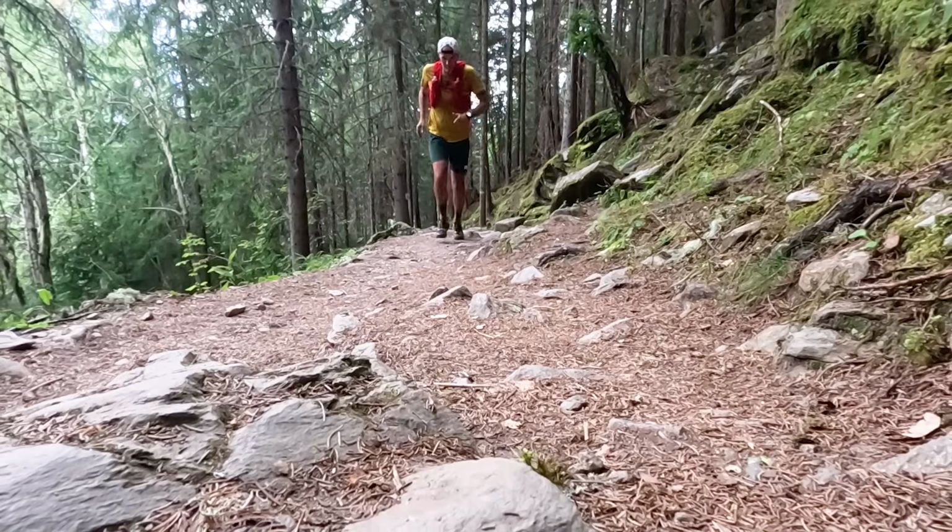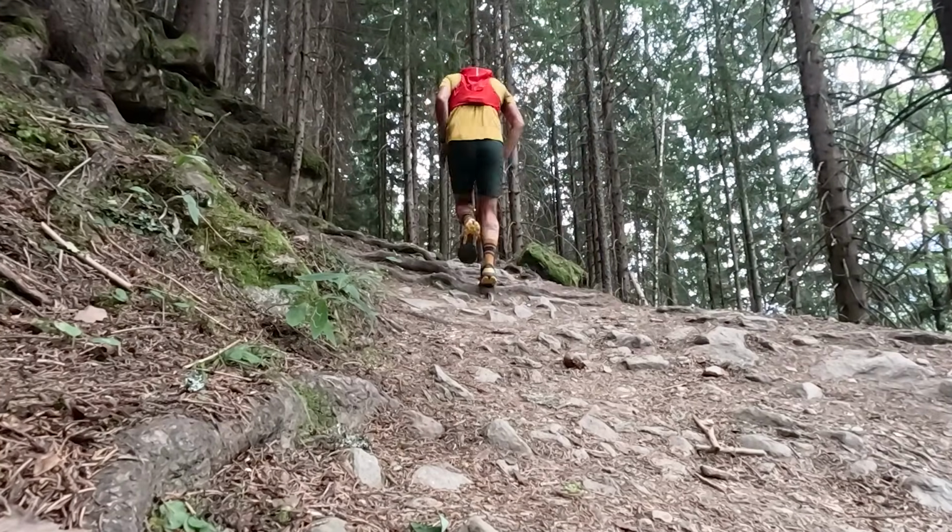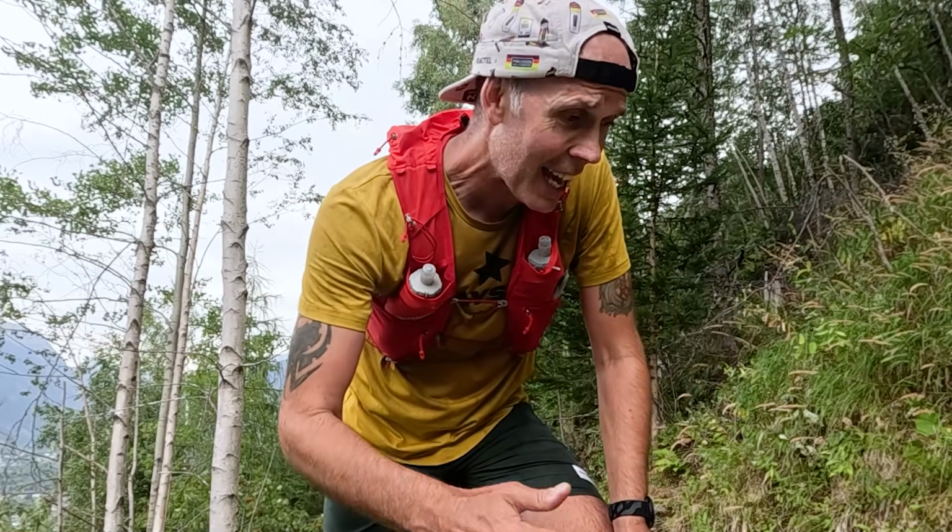Okay, so we're 2.5 miles out from the campsite. We're obviously still going uphill. So we've just popped out of the tree line, and it was forecasted, it's started to rain and it's supposed to get heavier. So what I'm going to do is turn around from here, get a nice